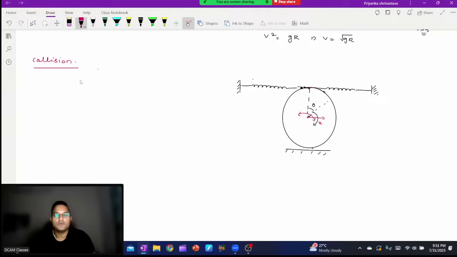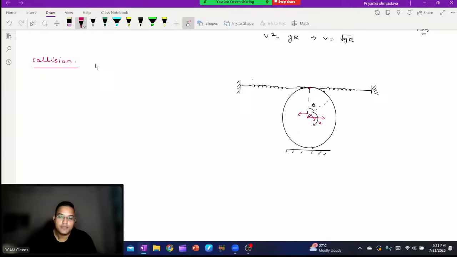To make you comfortable in that, I will have to give you a variety of questions during the class. Then you will become comfortable, because first you need to become comfortable in torque. Then angular momentum. Then the rotational part. Then translation plus rotation. Then we'll solve some questions with collisions and rotation also.